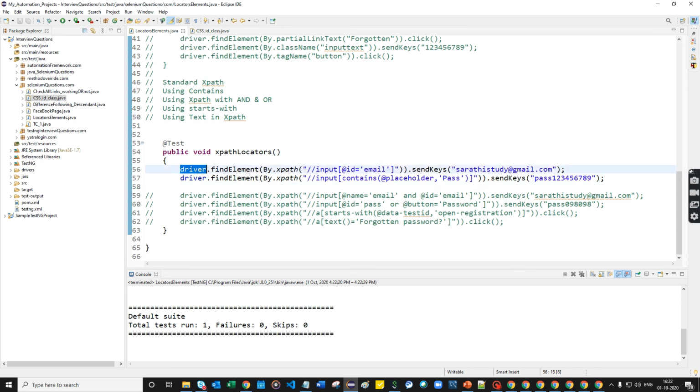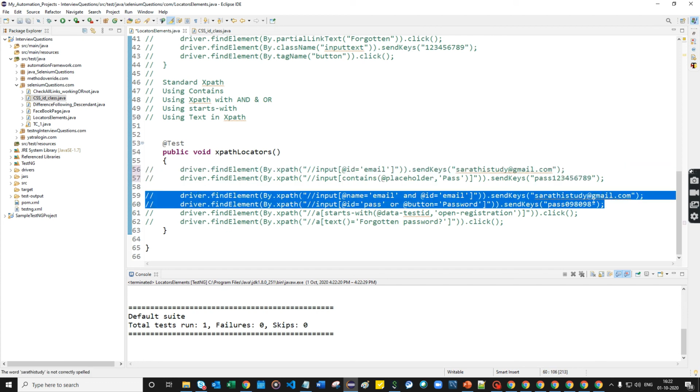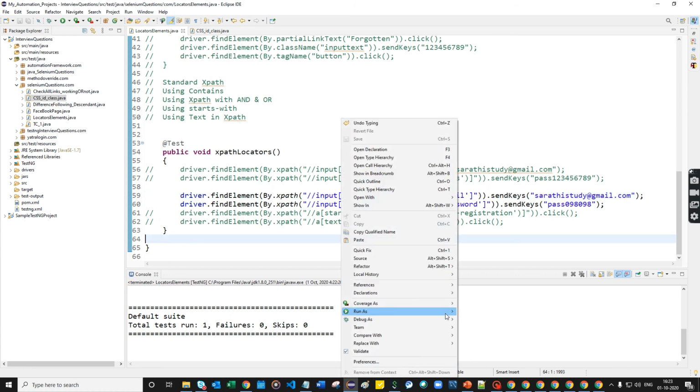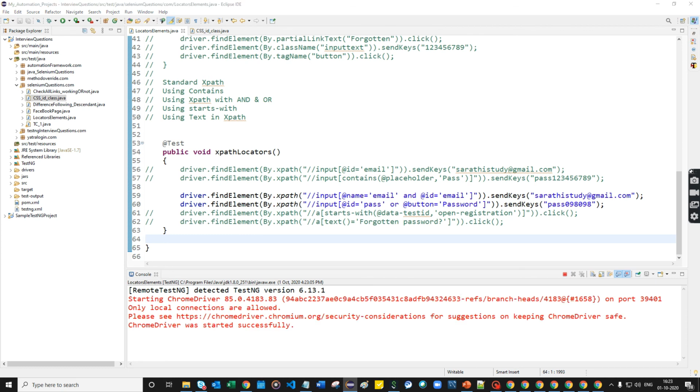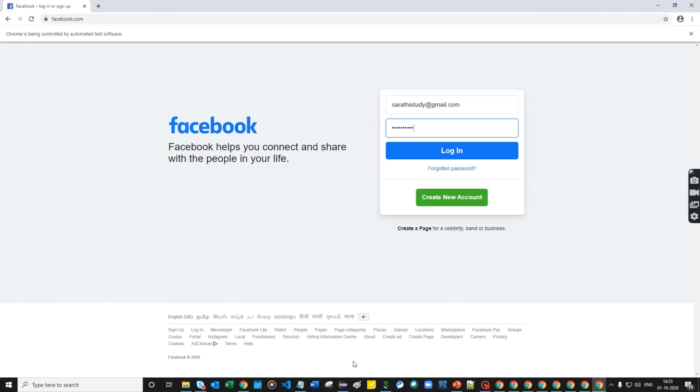So now I just comment it. I'm going to show you the next two, which use the and, or condition. Here I'm using the wrong one, but it will be considered for the first one, or, because it takes care of any one attribute, but the and condition takes care of both locators being present inside the application, right? I'm going to execute. It will enter email and password both. See, it entered.